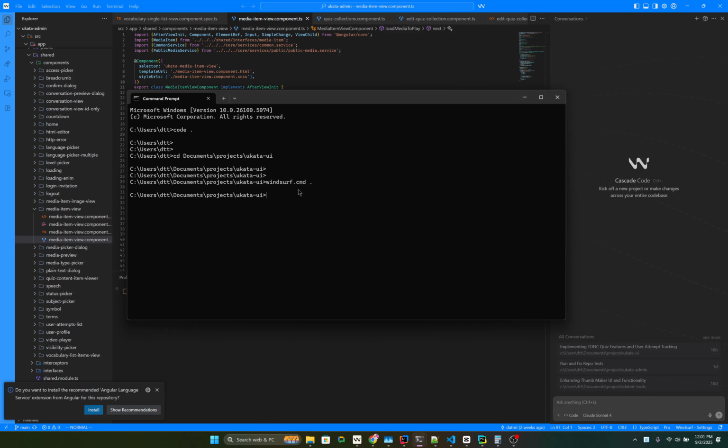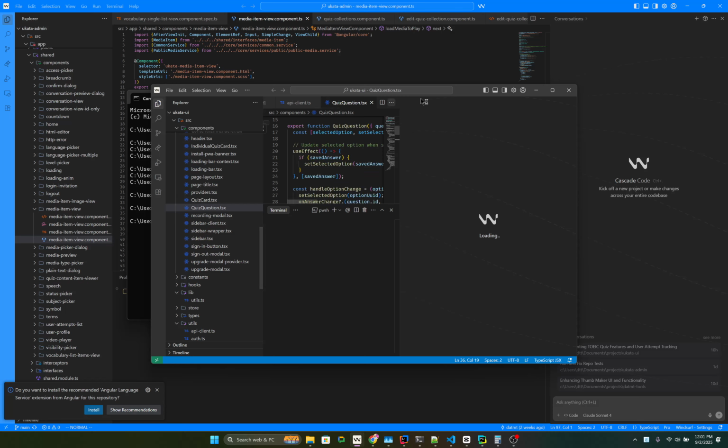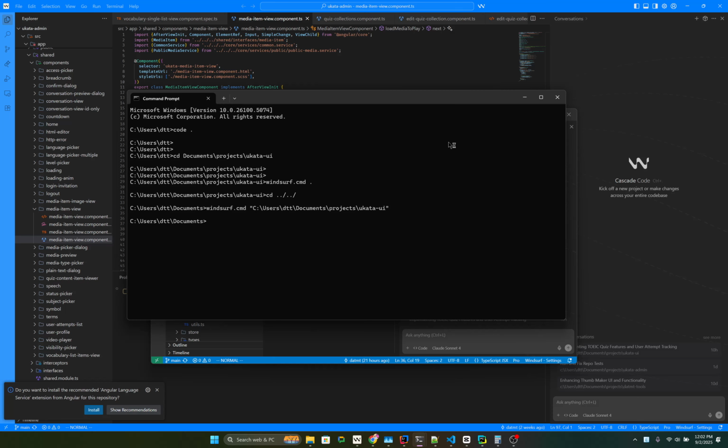So here I'm at the current location, current directory. But if you want to open the project when you are not in that directory, simply, for example, I would go up a few levels like that. So I can use WindSurf.cmd and then the path. And sure enough, you can still open that project in WindSurf, and you can apply the same trick with Visual